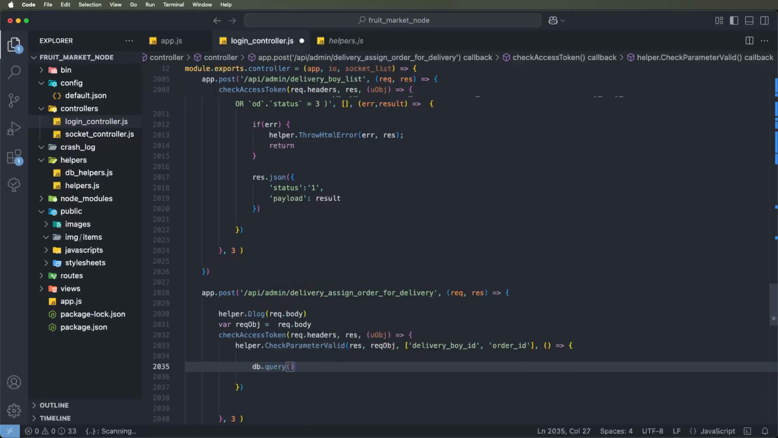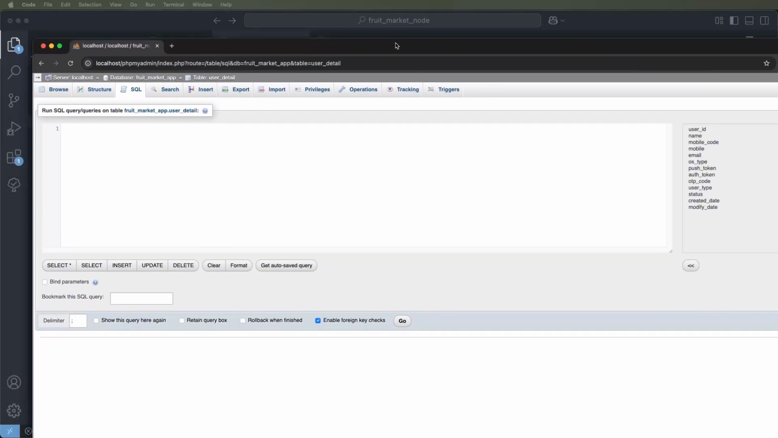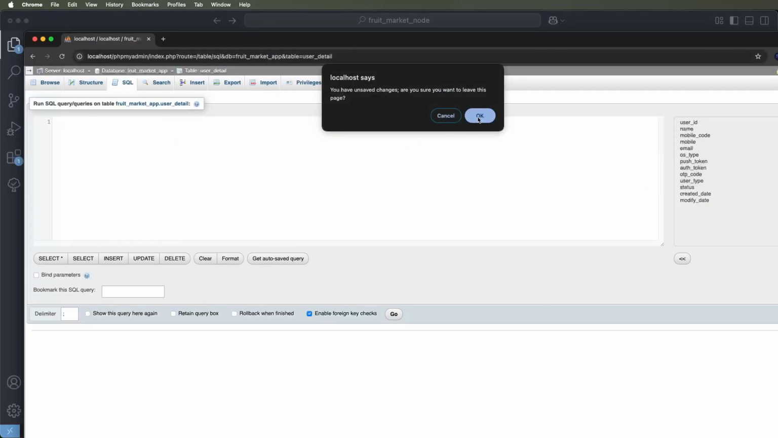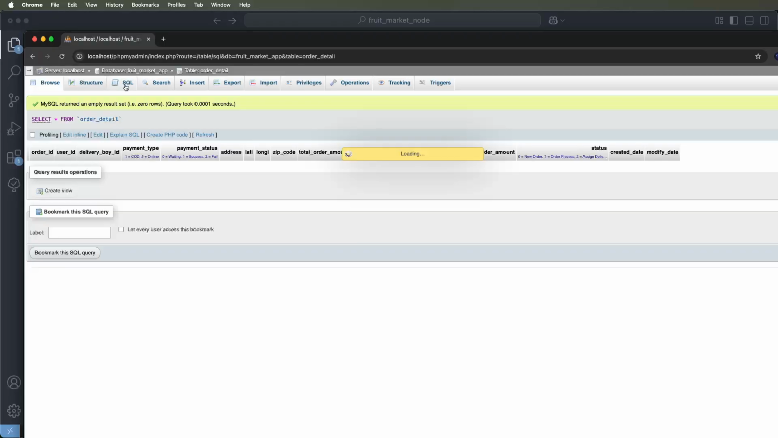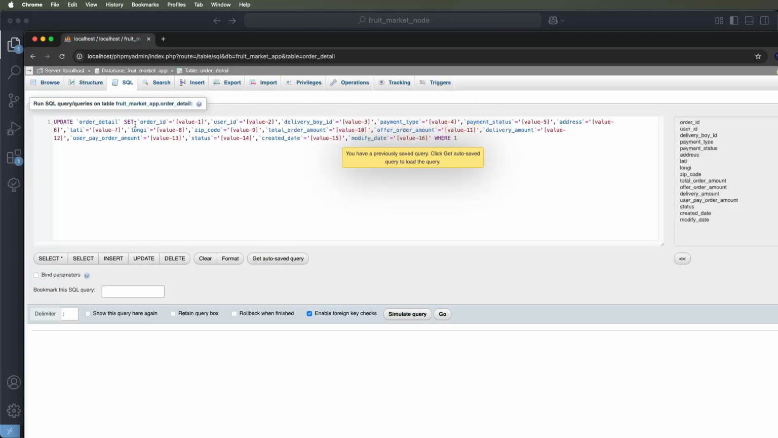Write down the query. We need to set the insert query. Not insert, we need an update query, and call shares. Now I need to open shares again, find the order detail tables, and go inside SQL updates, and remove all the things. I need only the delivery boy ID,